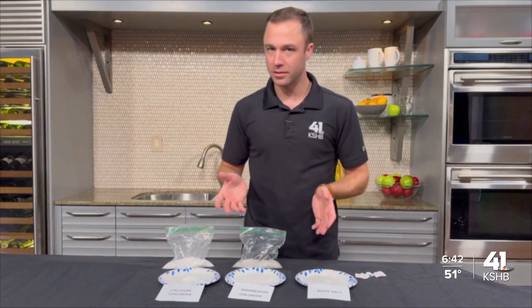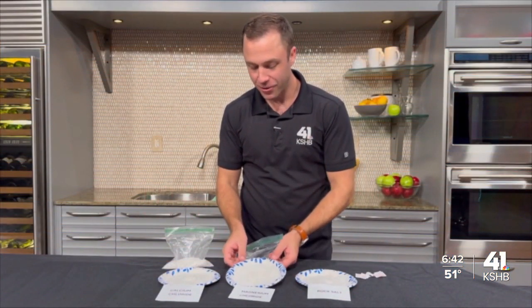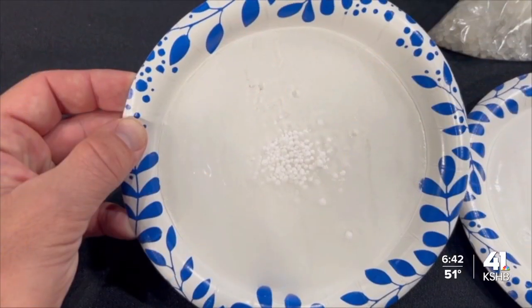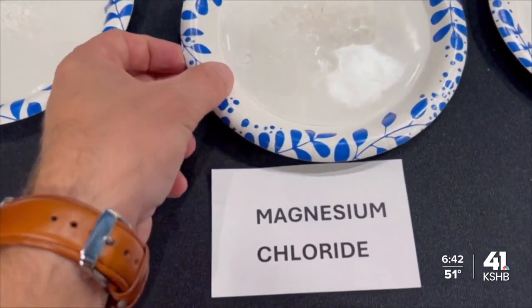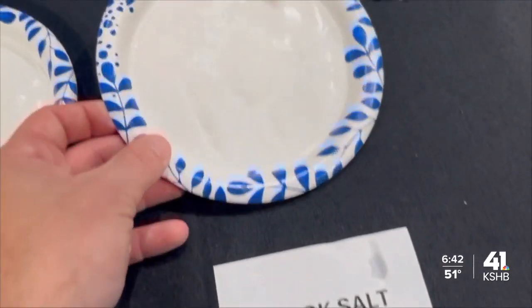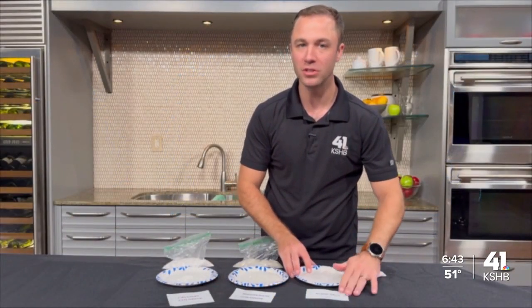Let's give it a second and see how the ice starts to melt on these different types. So after about a minute, I can already hear the ice cracking on the magnesium chloride, the calcium chloride. The beads, a lot of them have already started to be ingrained in the ice because of that exothermic reaction. The rock salts, it started to melt away, but no cracking and just really not as good of a melting